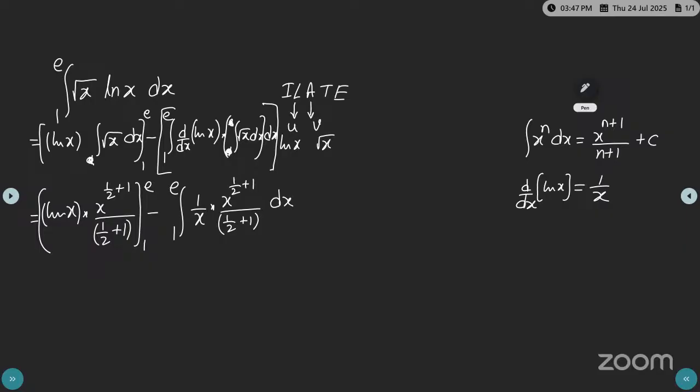On writing the upper limit, this is 3 by 2. ln e is 1. ln e is equal to logarithm of e to the base e, equal to 1. Both are same. x is e power 3 by 2 by 3 by 2 minus, on writing the lower limit,